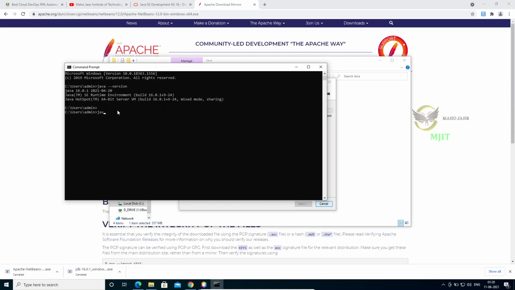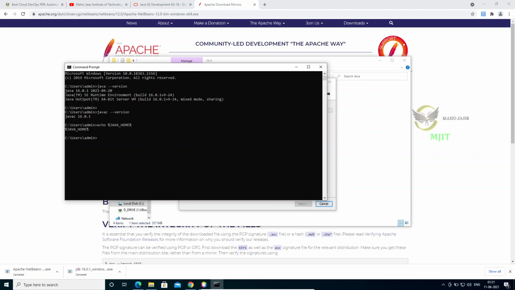Okay, javac hyphen version. Great, this also picked up. Let's check for the JAVA_HOME environment variable. For that, echo space JAVA_HOME. Hope this will also be available.